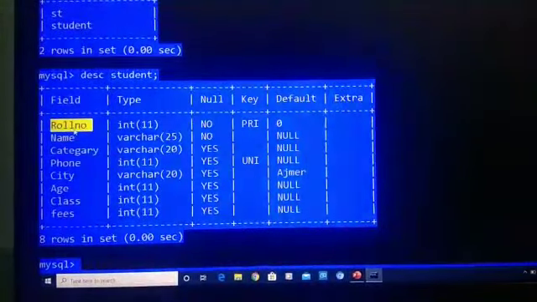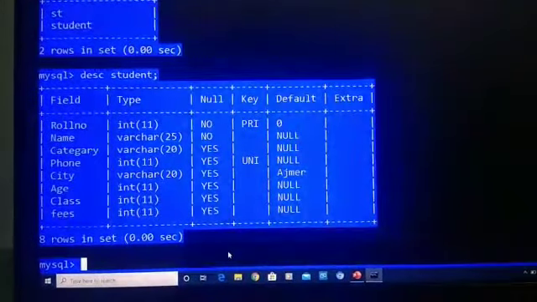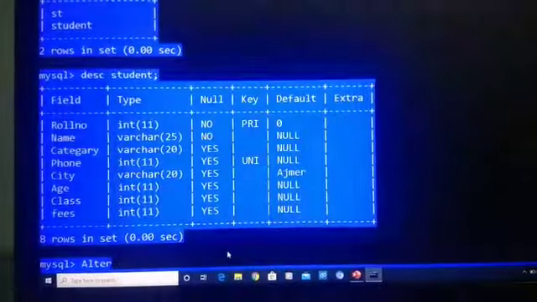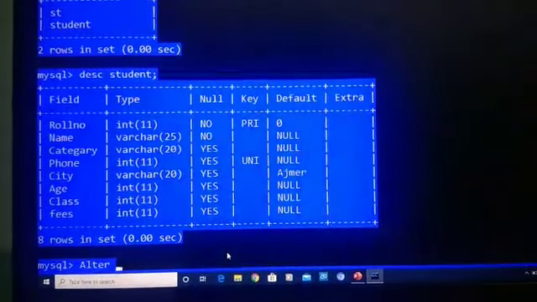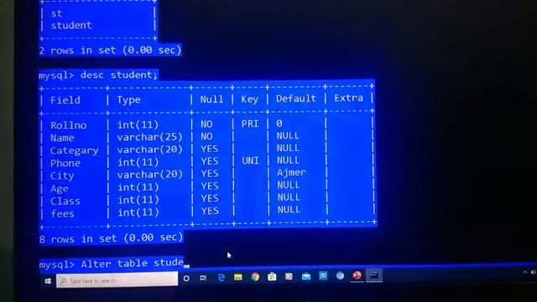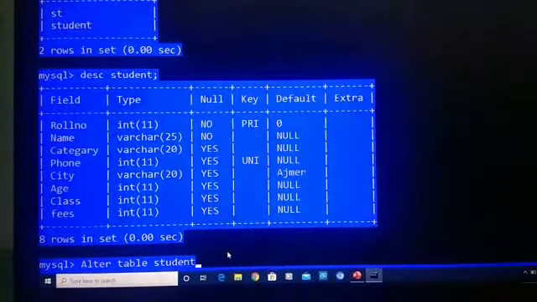So we have to put the underscore symbol here. Then we will write alter table, our table name student.